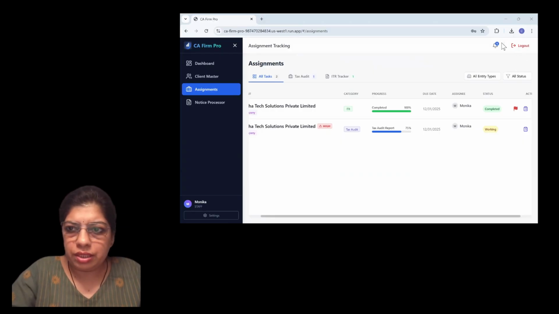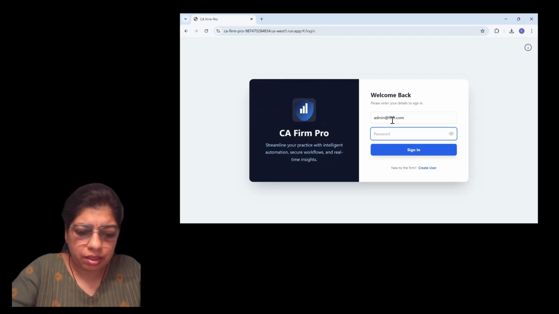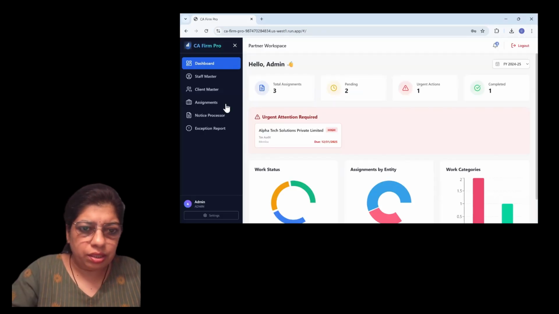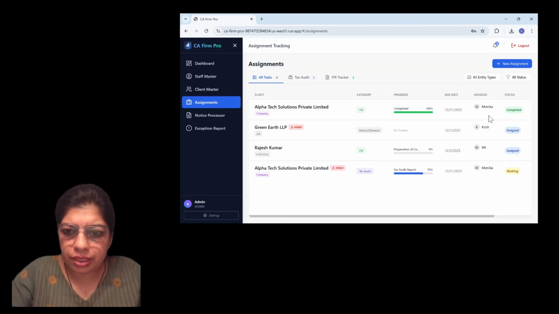Now we can see the notification icon here, in which urgent attention for high priority assignments is shown. Now we log out here and revisit the admin panel to see the real-time updates which the staff named Monica has done at her end. Now let us directly go to the assignment. You can see the updates which Monica has made on her page: the tax audit report is 75% completed,